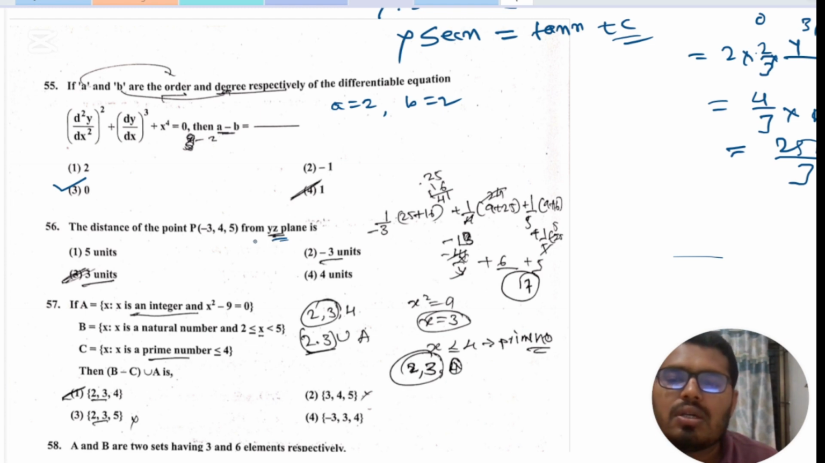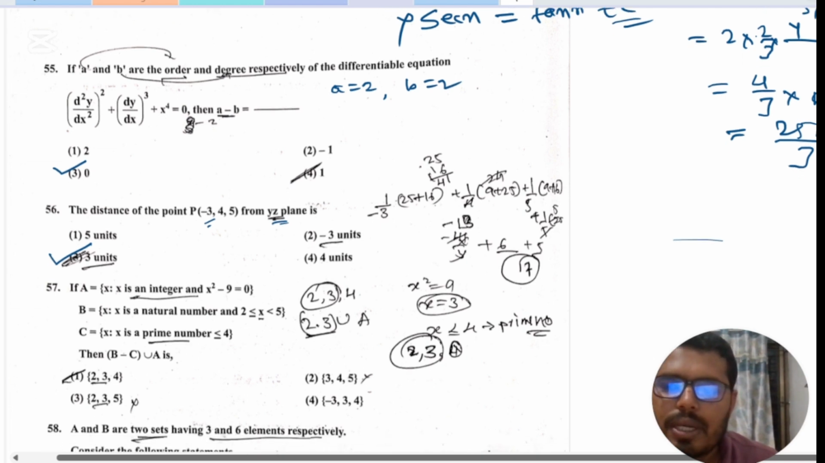Therefore, the distance from 0 to minus 3 is 3 units. Therefore, option number 3 is correct. Okay, next is